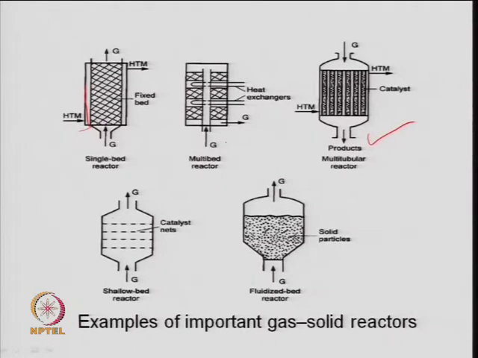It can be a multi-bed reactor, which I was talking about for sulfur dioxide oxidation. So, one bed, second bed and third bed, and in between we have the heat exchanger. This is just a geometrical picture of what I was discussing yesterday. It can be a shallow bed type reactor, where you have thin layers, and it may be metals, a catalytic net. Just like in the case of automotive exhaust, you have a small tube and the exhaust gas passes through a platinum wire gauze. So, these can be channels or nets, and the gas passes through that.